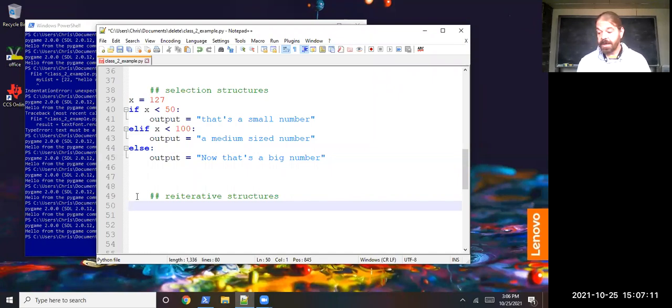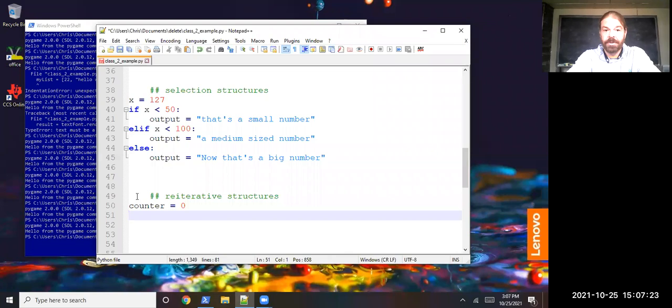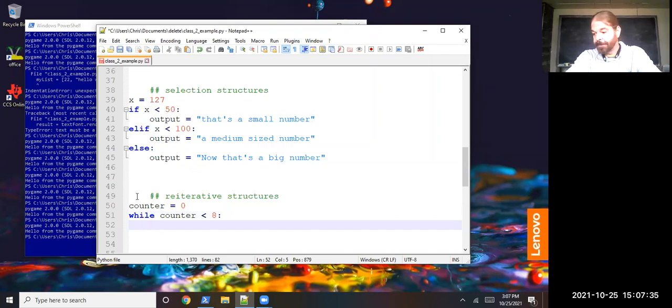Well, we saw a while loop, but I'll go ahead and include that. That's the main one we're going to use. Counter is 0. I'll start a counter at 0. While that counter is less than, say, 8, we're going to do stuff. Say output